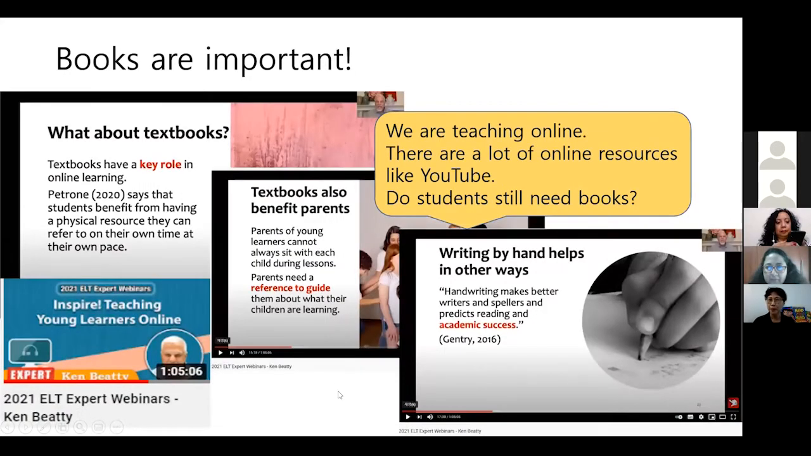And books are important, right? Some teachers ask me, we are teaching online these days, right? There are lots of free online resources like YouTube and all these free resources. Do students still need books? Yes, they still need books. Books are important, right? If you attended Professor Ken Beatty's webinar last month, we organized a special webinar with Professor